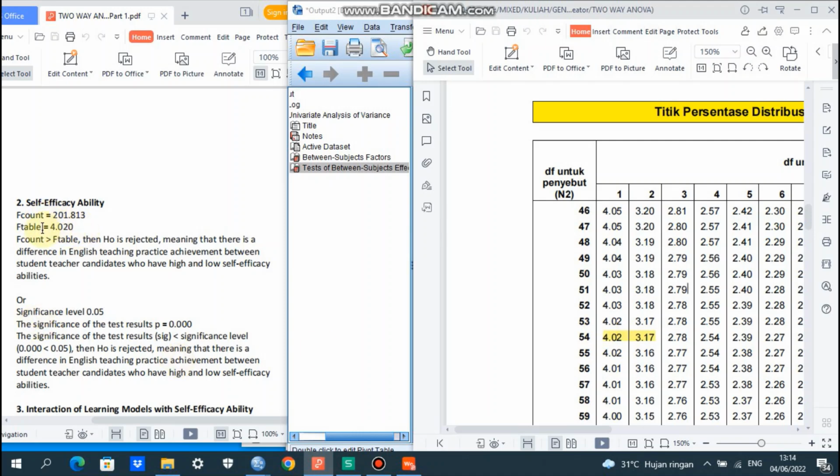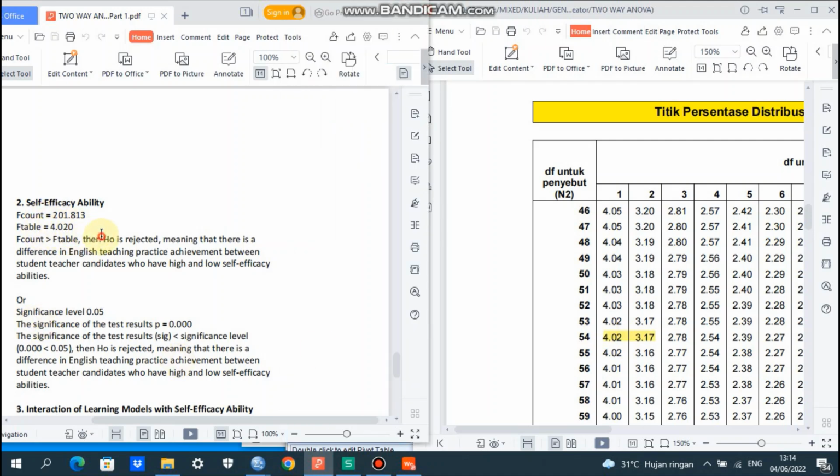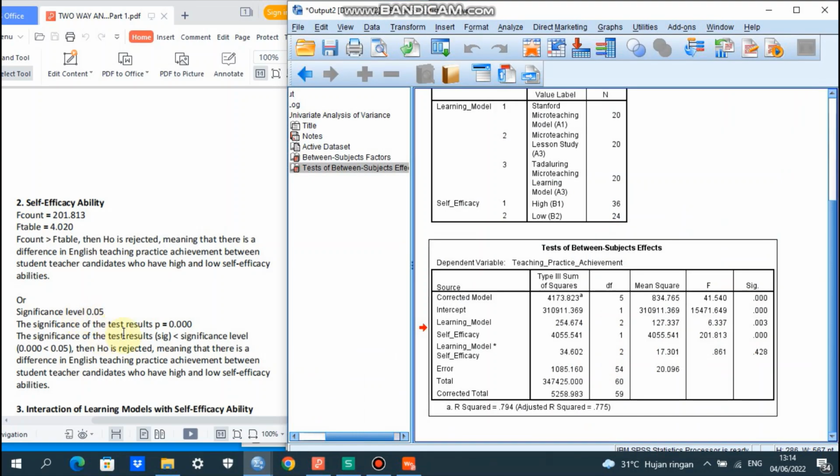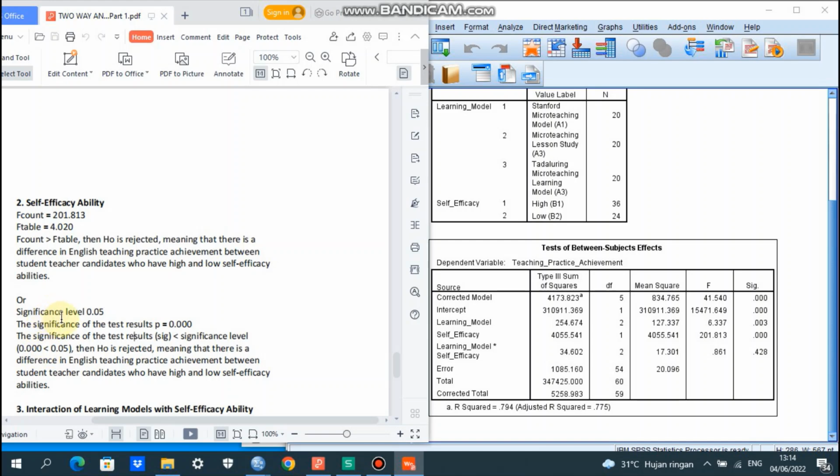We have already typed it here. Okay, and then we do the interpretation. If F count 201.813 is more than F table 4.020, it means that H0 is rejected.